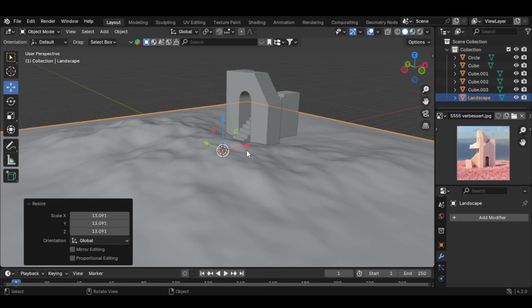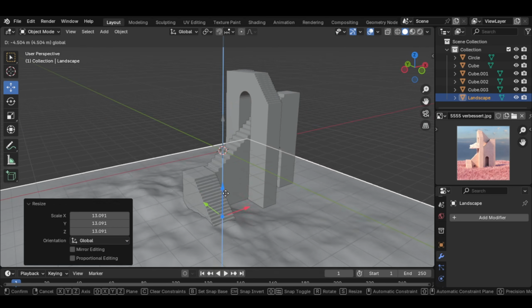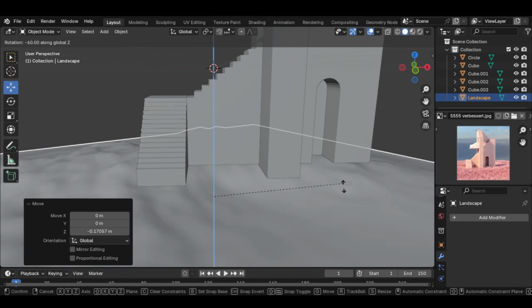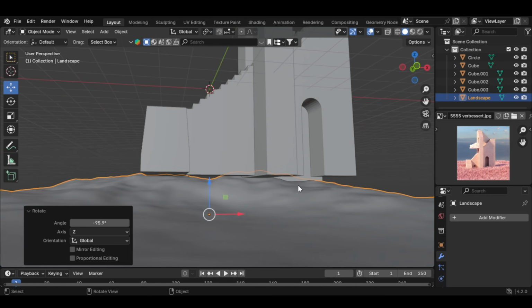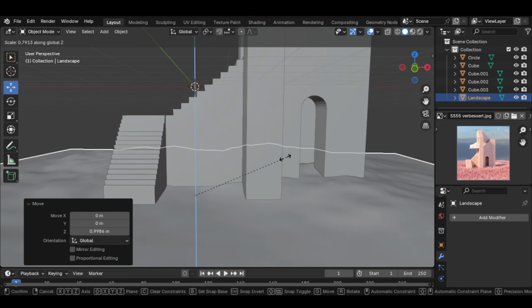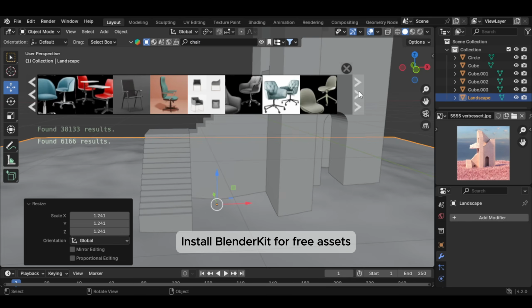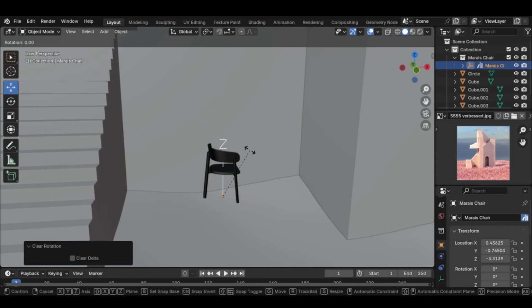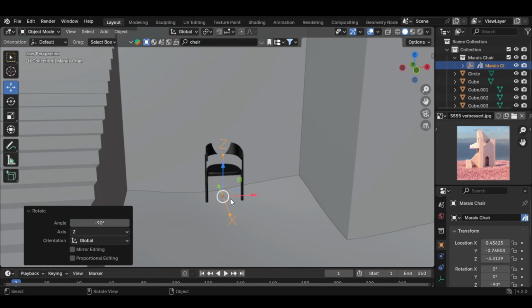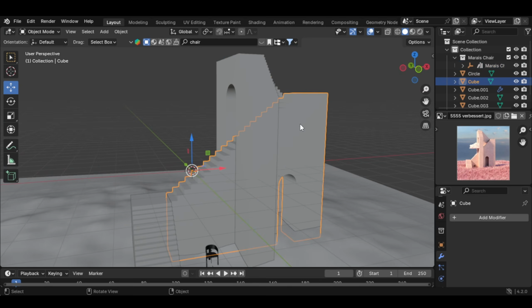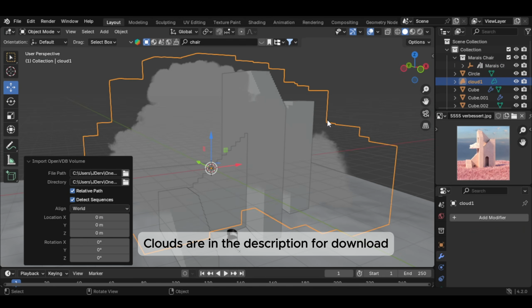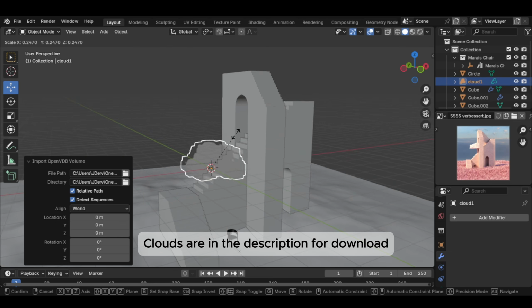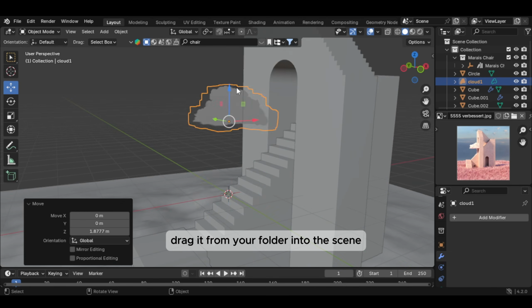Scale it up and bring it down. Rotate it on the Z-axis and bring it up, S and Z, and now select your chair. I choose Murat's chair, this one, RZ-90, and place it, shade everything auto smooth, add a cloud to the scene and make it smaller, place it,